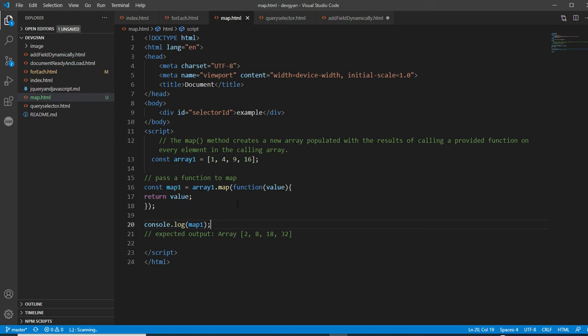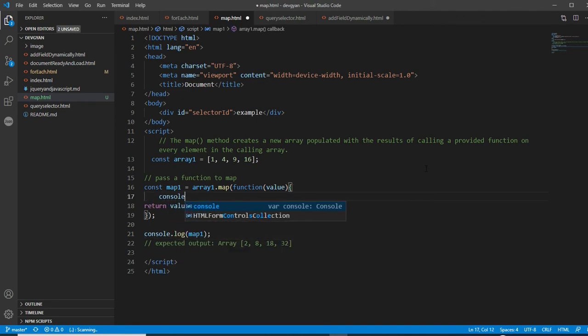It means that if you console.log the value, then you will get each value from this array. Each value means on the 0 index you will get 1, on the 1 index you will get 4, on the 2 index you will get 9, like that.